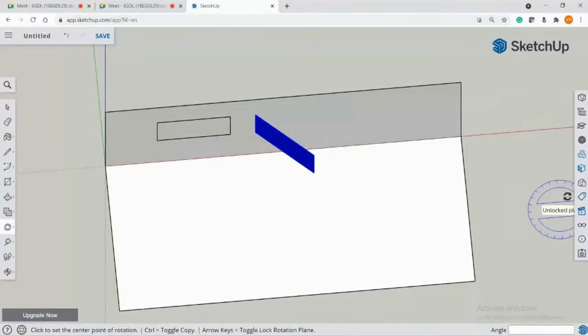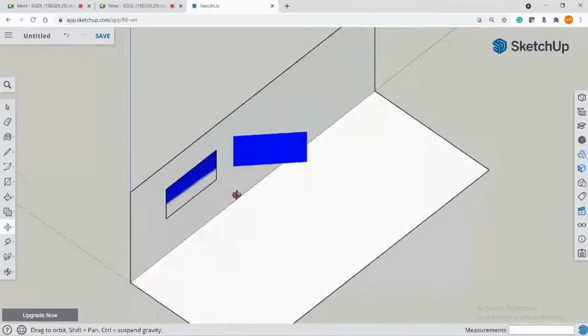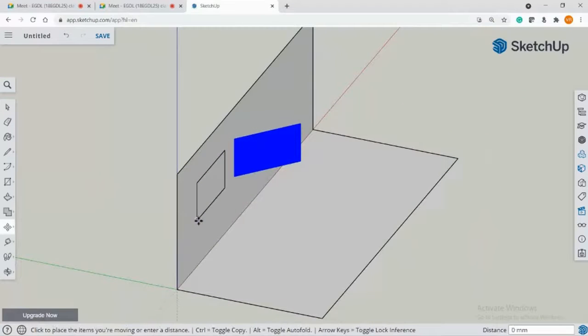And in this position, before that, let me just take this a little front with respect to green axis.